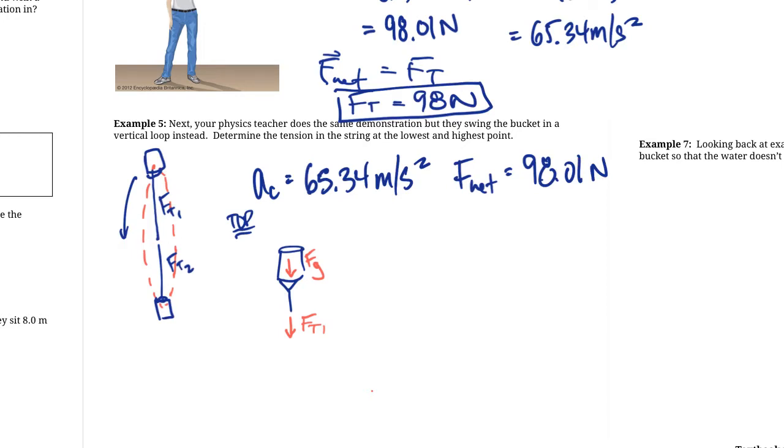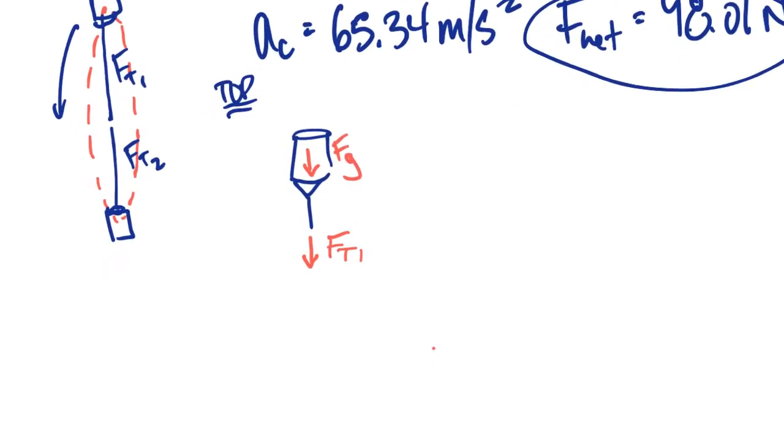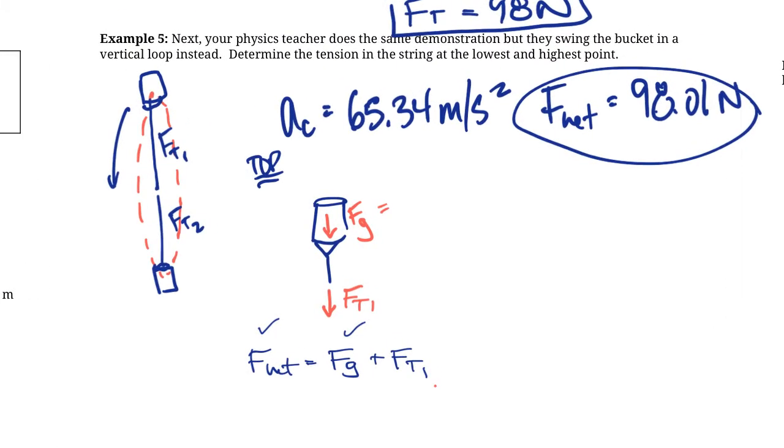Because that net force is like the combination of all the forces acting on it. So this is our net force here, and that's based on our acceleration. So we know that the net force is going to equal our force of gravity plus our force of tension 1, Ft1, right? So we know our net force, we know our force of gravity, or we can calculate it. Let's just actually calculate that super quick. It's just going to be 1.5 times 9.81,